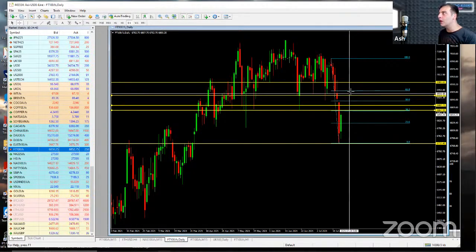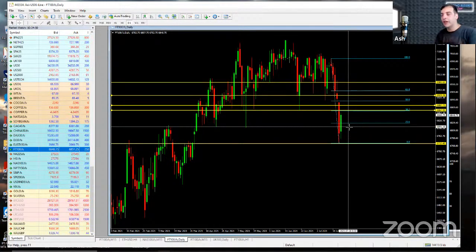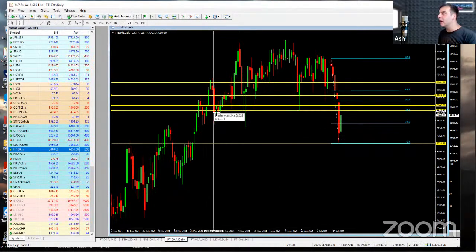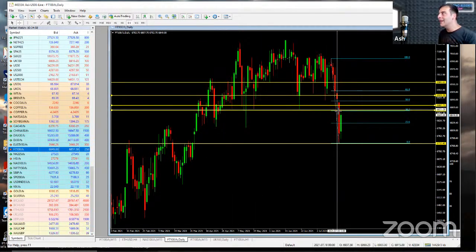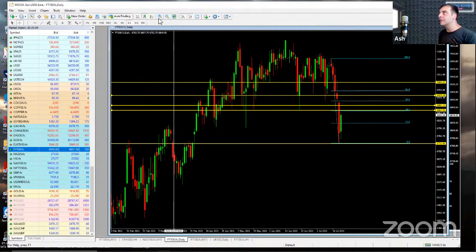All these others don't quite line up with a fib. So just with 2 points of confluence, now obviously we would involve moving averages and pivots and all that sort of thing as well. But just on the fib and the horizontal level, now I've got some confluence. But the last thing that I would do, just to kind of make it relatively clean,